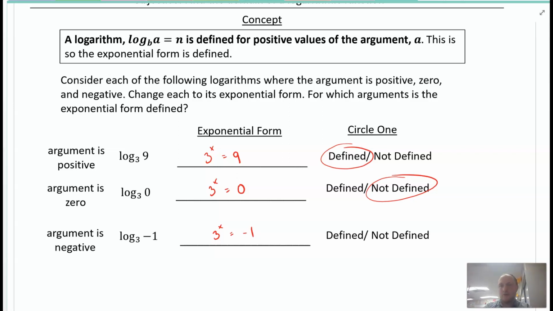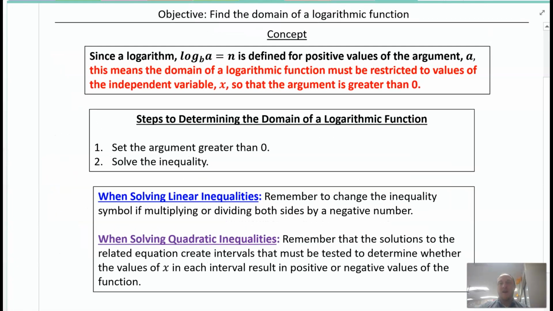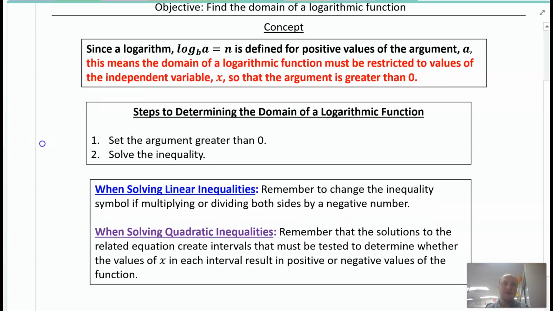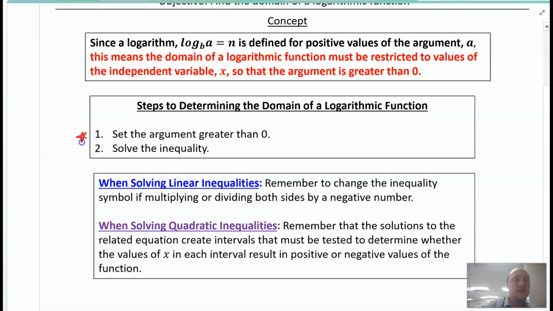Since a logarithm is defined for positive values of the argument a, this means that the logarithmic function must be restricted to values of the independent variable x so that the argument is greater than 0. And that's just what we do in our steps. We'll take our argument, set it strictly greater than 0, and then we'll solve